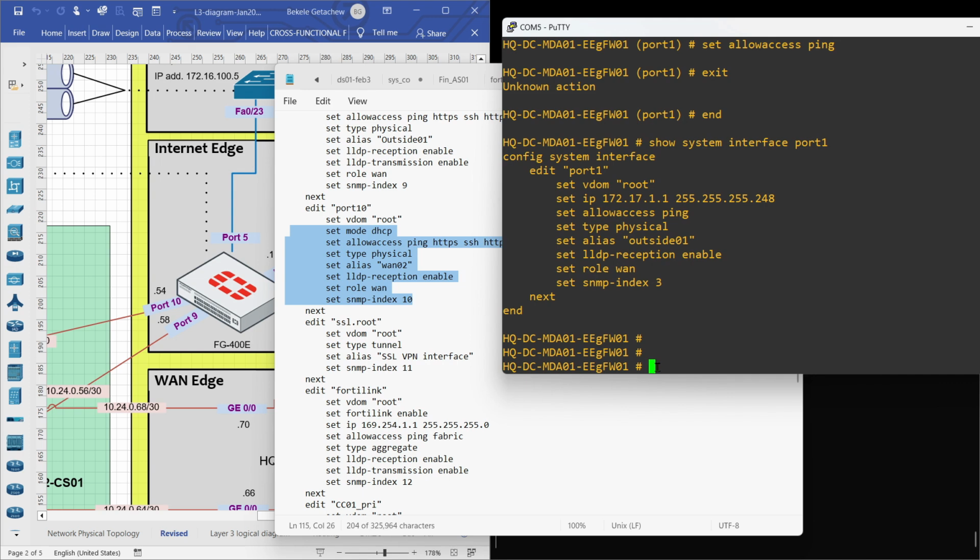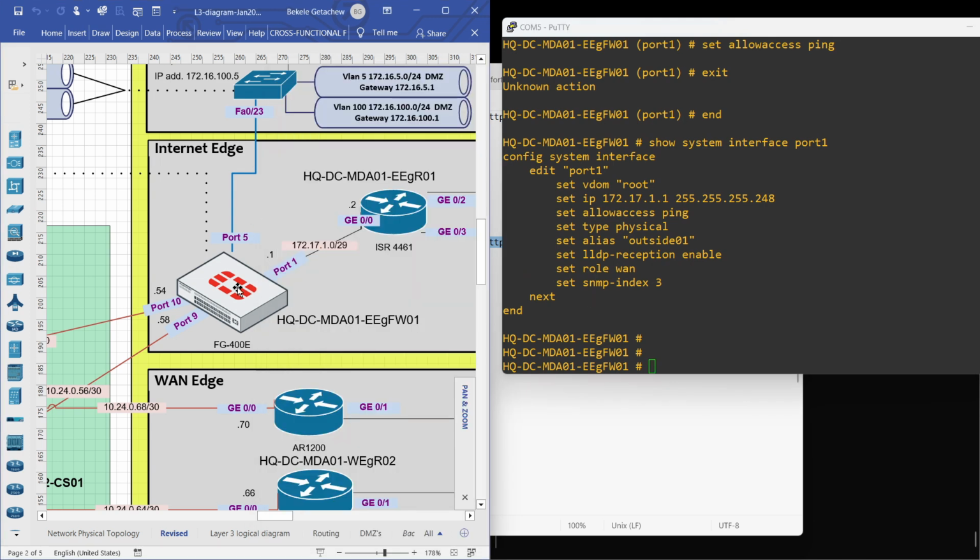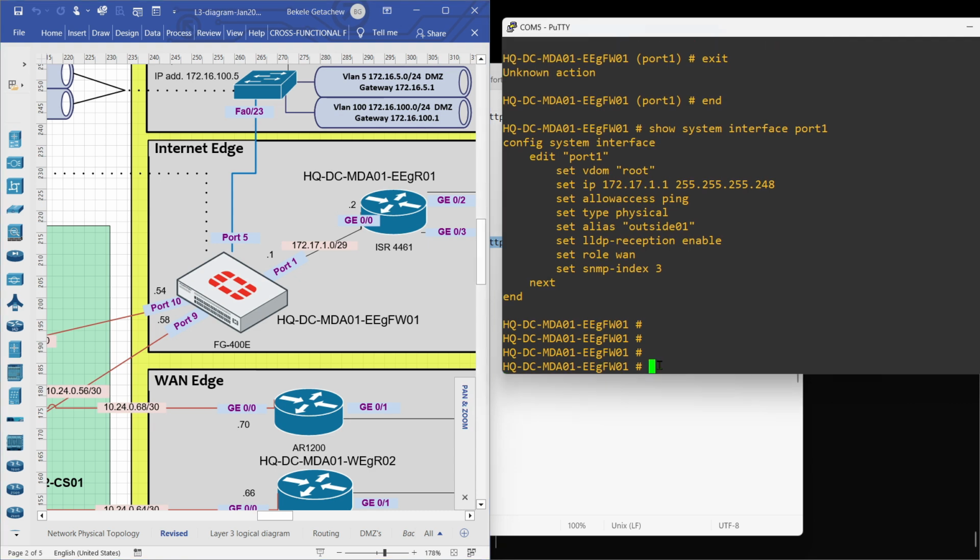Okay. So the next thing is, look, our FortiGate firewall is connected to the external world via port 1. I want my FortiGate firewall to reach all unknown networks via my external edge router. So I have to define the default route that my FortiGate firewall needs to use. How could I define the default route to access any networks which are not known by my FortiGate firewall? Your command is